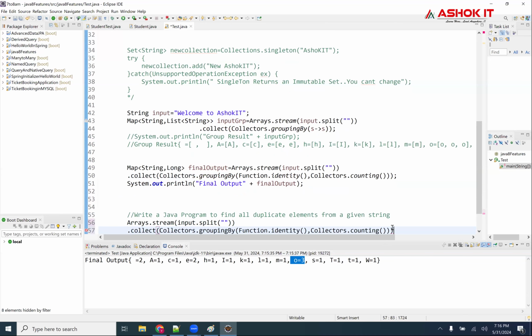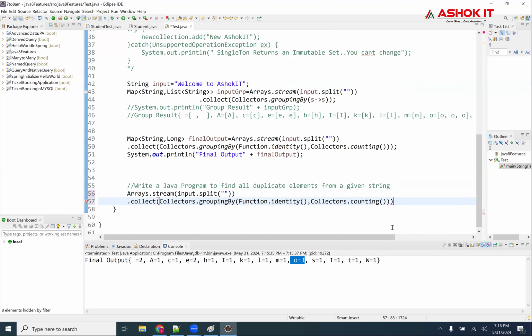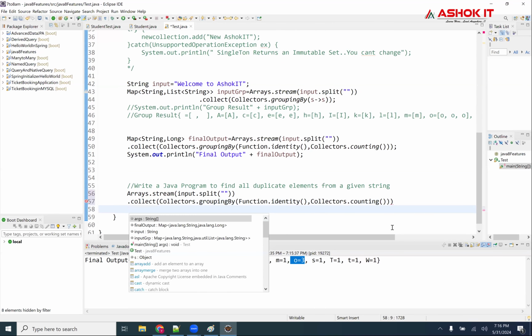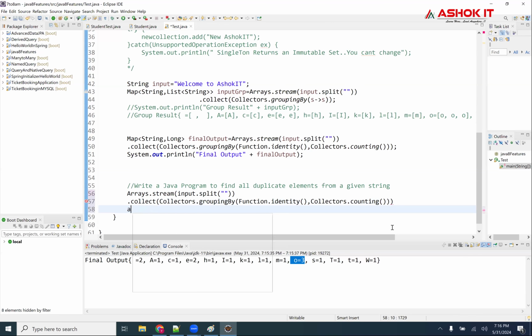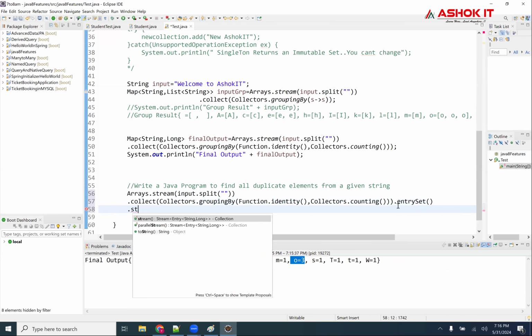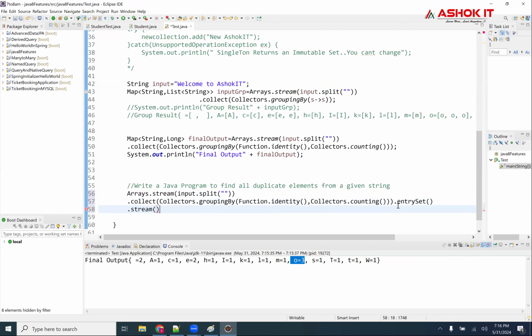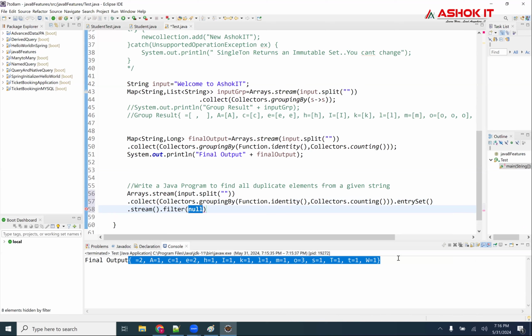After Collectors.counting, which forms a map, I call entrySet.